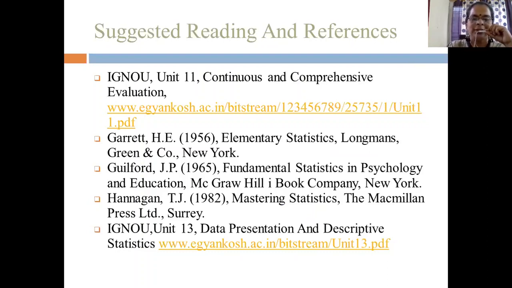According to us it is very important how you will use it for evaluation purposes. So you can go through these books to know the theoretical background and how it will help the teacher for evaluation purposes. Construction and other things you can get very easily, but you have to be a little more authentic as a teacher and know how you will apply it in the process of evaluation. So I hope everybody understood it very clearly, and we have explained it with a very simple method.